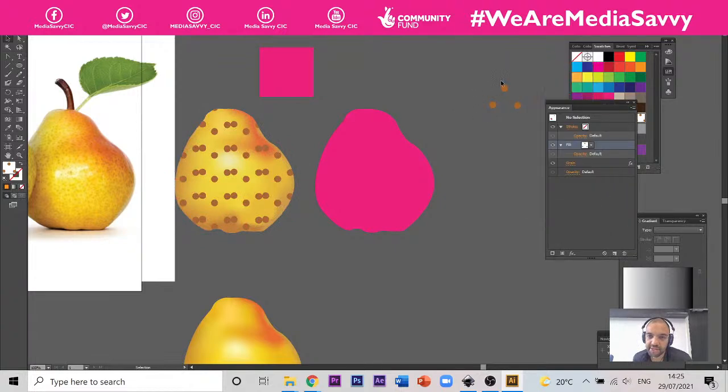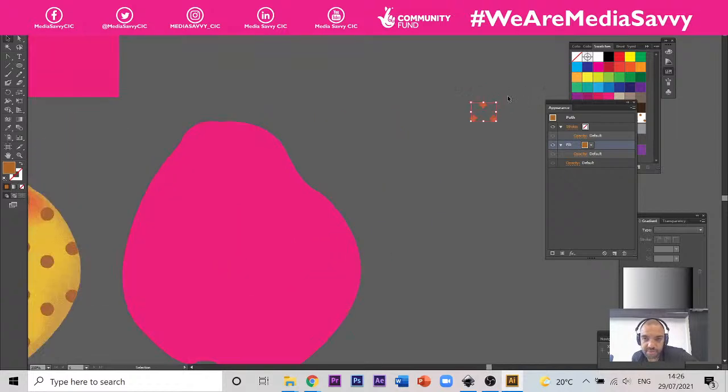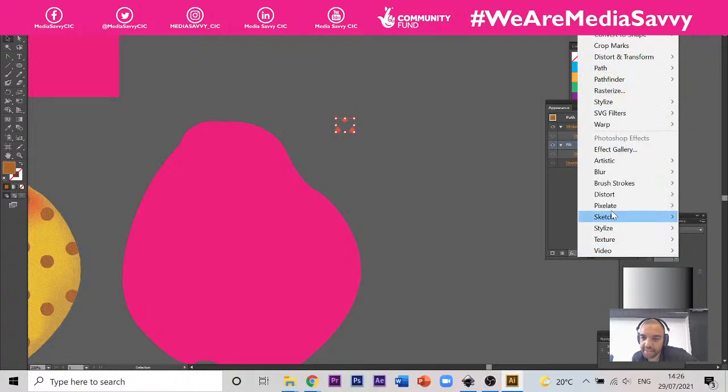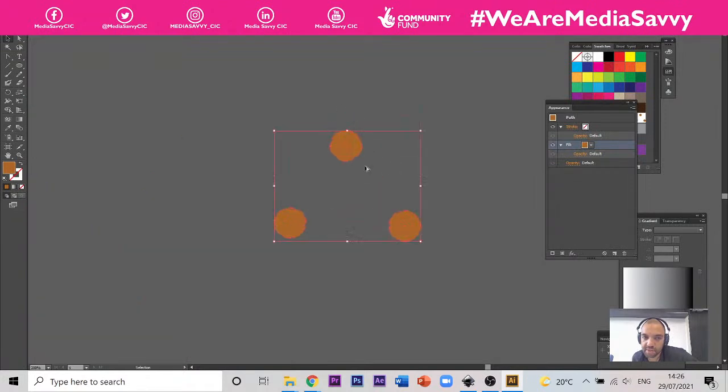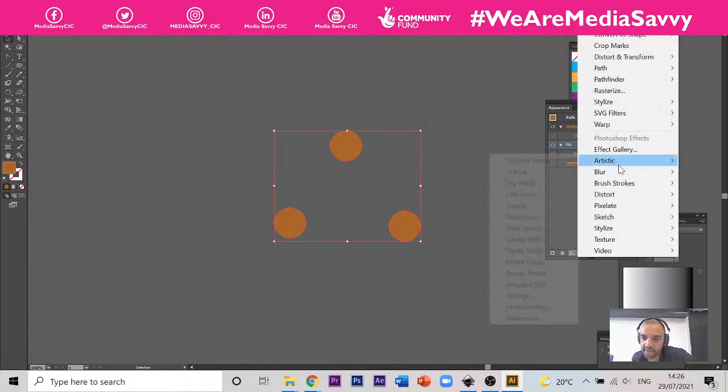Or in a direction, maybe not the right one. What we might want to do is reduce the size of that and maybe blur them a little bit. So if we go to here, click Effect, click Distort or even Blur, and add a blur to those images. If we zoom in on those shapes, sorry, Effect, Blur,